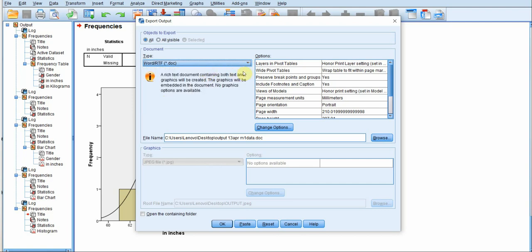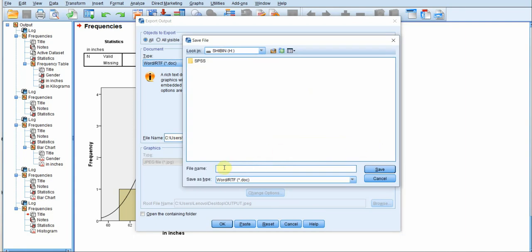For example, now I'm going to choose .doc. After that, you need to select the file name that you want to have. So I'm going to leave it as such. Right now my file will be saving in C drive, desktop, output 13 April M1 data.doc, and then I'll be clicking on okay.